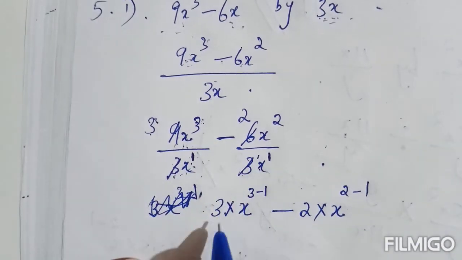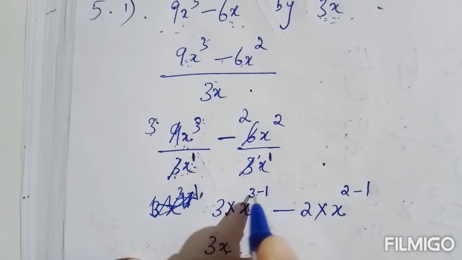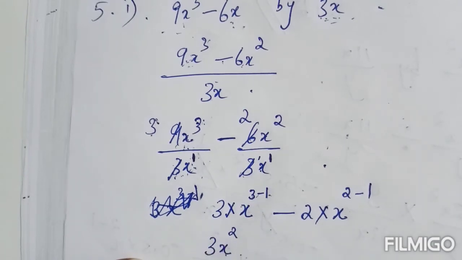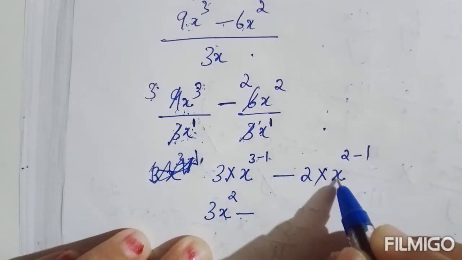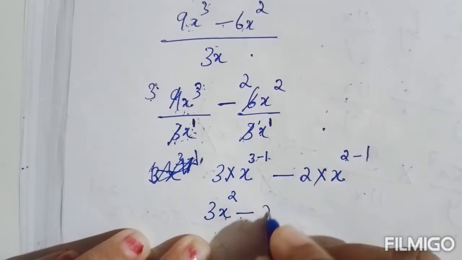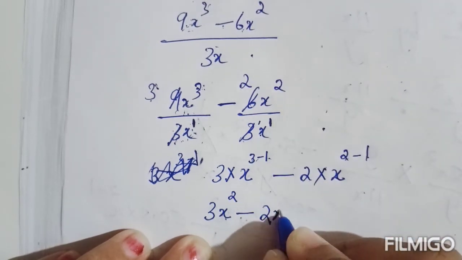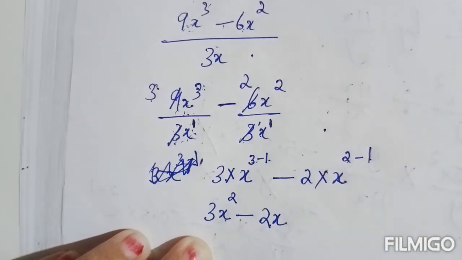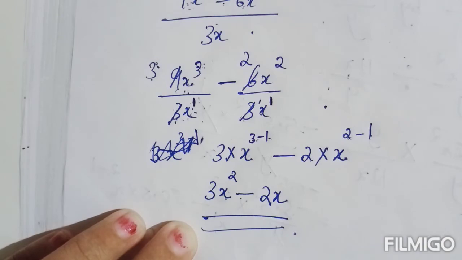Okay, so 3 into x raised to 3 minus 1, it is 3x raised to 2, minus 2 into x raised to 2 minus 1. It will be 2 x raised to 1. We can simply write x. x and x raised to 1 both are the same. So 3x square minus 2x will be the answer. Okay. In that second one,